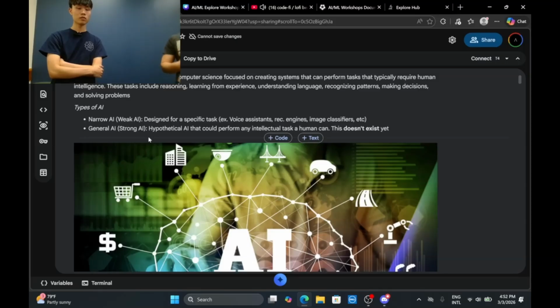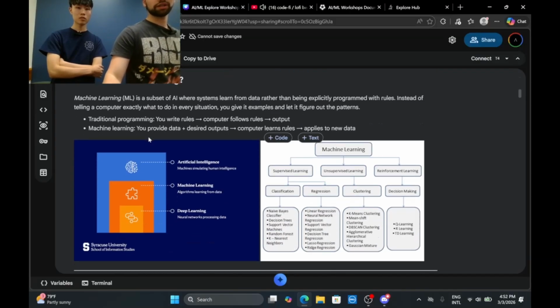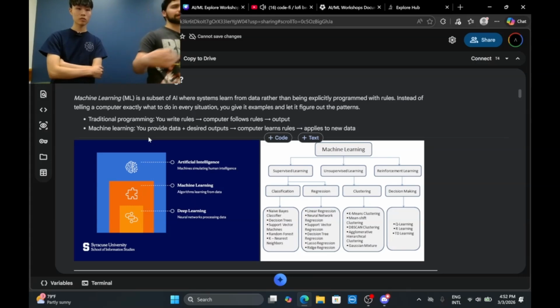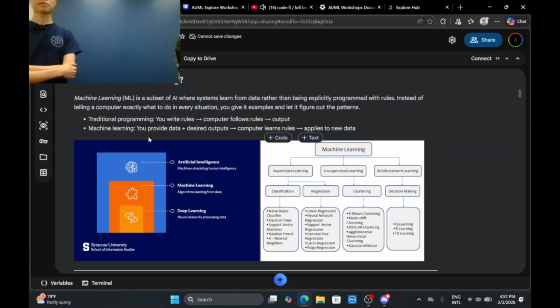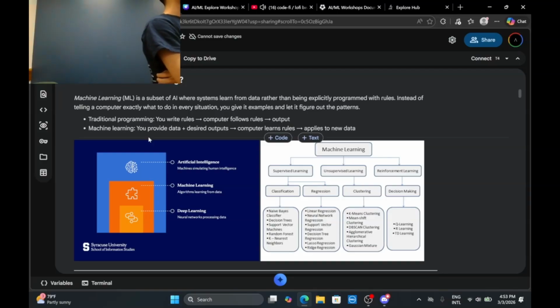But recently we have focused as a society onto machine learning, which is basically AI learning from data. And go ahead. So traditionally, we program and give the machine explicit rules of what it needs to do. So it runs line by line. But machine learning is different.